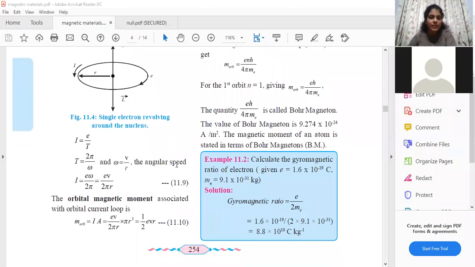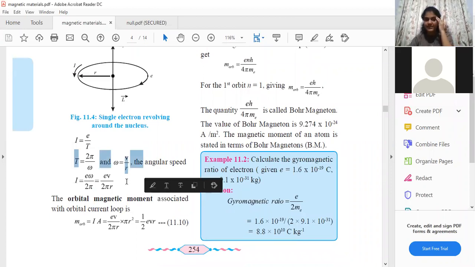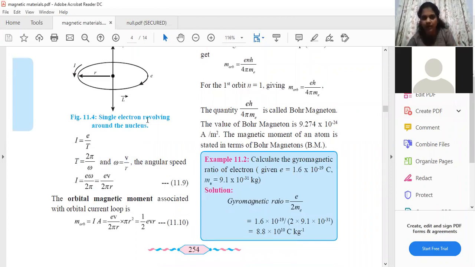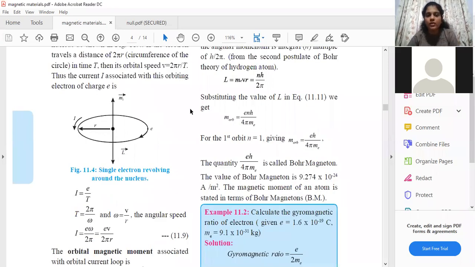Okay. Students, instead of doing all these things, instead of involving omega, what you all can simply do is, here we have v is equal to 2 pi r by T. I'll just mark it. This is just an alternative. If you want to stick to the textbook, you can stick to the textbook, because even this part is easy, not that difficult. Also, you already know these formulas. We have just written over here v is equal to 2 pi r by T. Yes or no? This v is nothing but the speed of the electron, which is distance upon time.